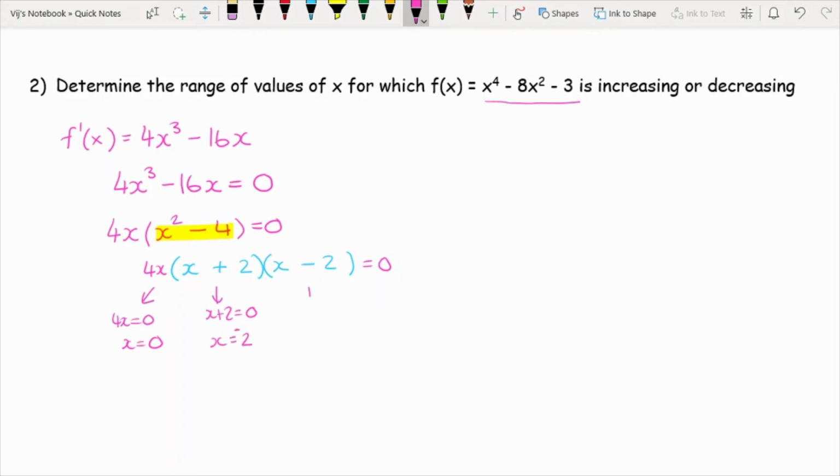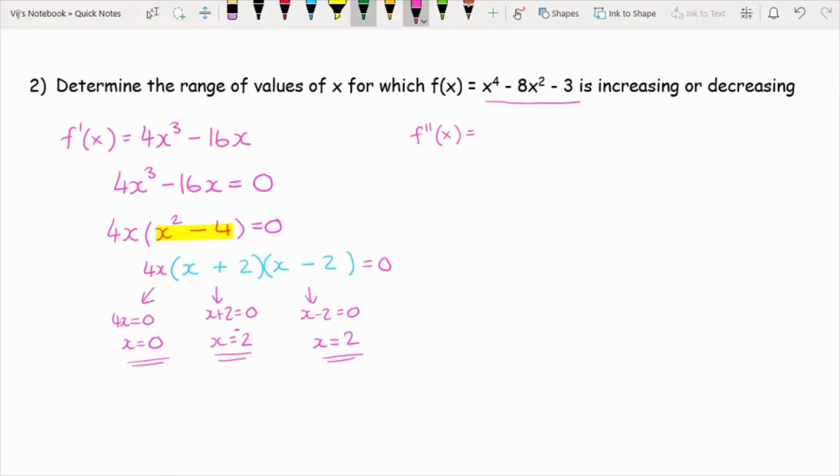Let's put that there. And for x minus 2 to equal 0, I've got x equals positive 2. So I've got 3 stationary points that I need to be aware of. So from this, what I then need to do is work out my second derivative, so f dash dash x,